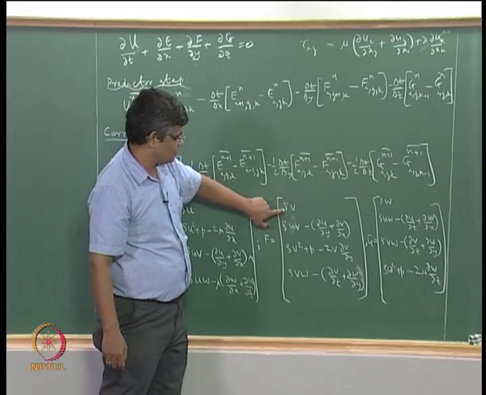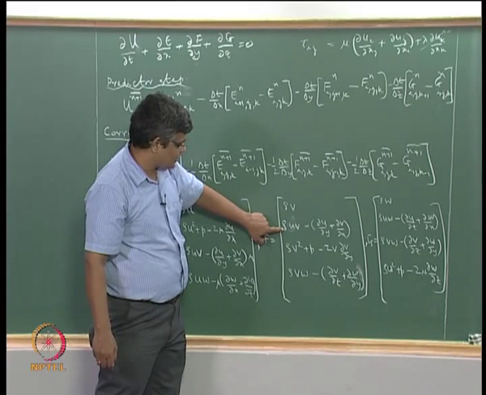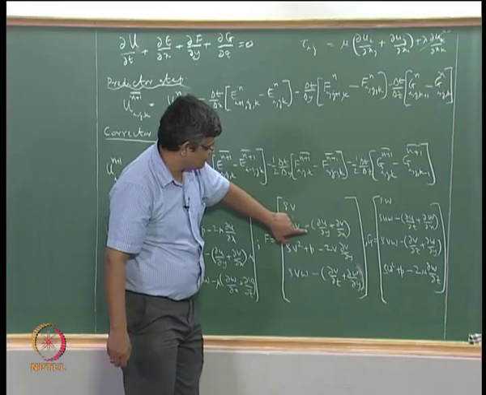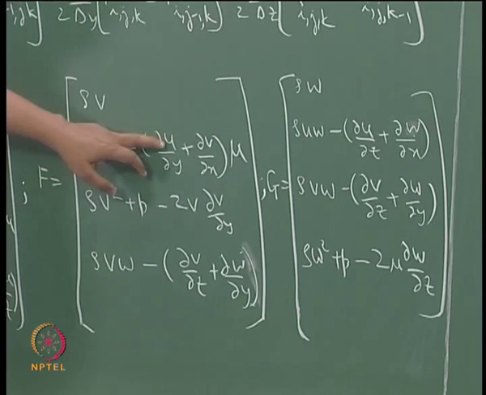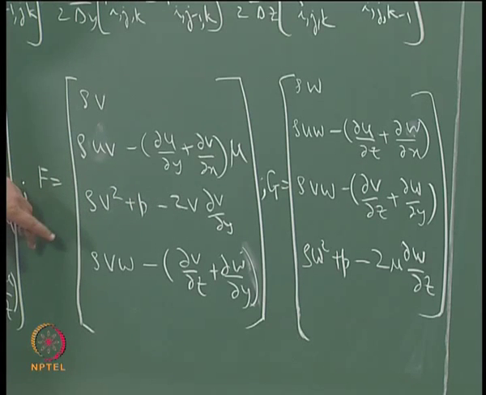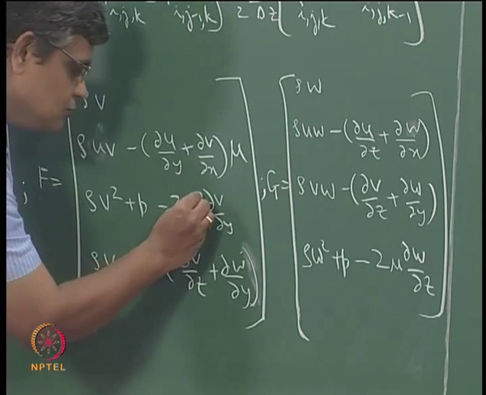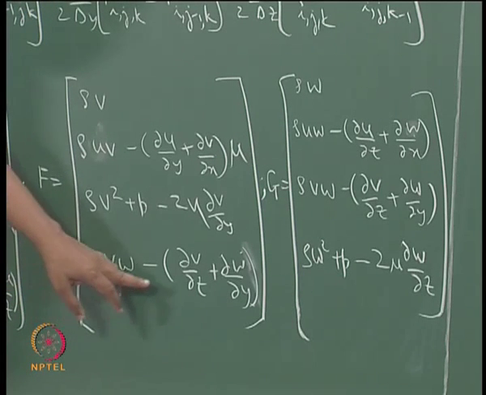So for the continuity equation we have rho v, for the x momentum equation we have rho u v and then tau yx, that is minus mu times dou u by dou y plus dou v by dou x, and in the y momentum equation we have rho v square plus p minus 2 mu dou v by dou y, and in the z faces we have rho v w minus